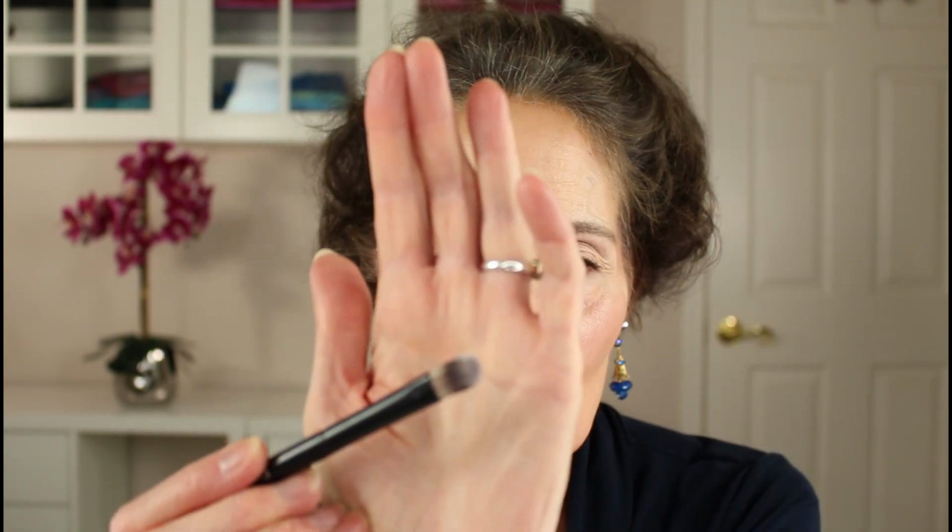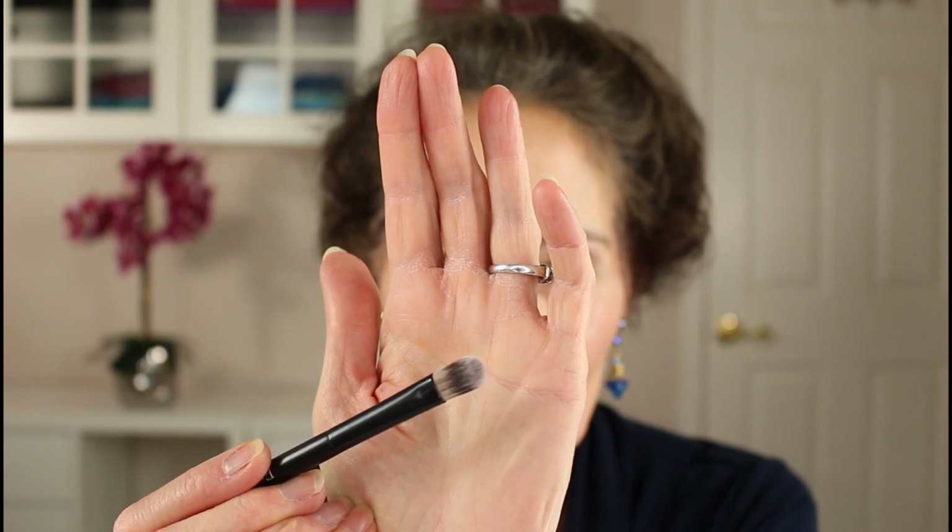Then I'm going to take my flat brush and I'm going to use Poison Berry. Whoa, this is so pigmented. I came in with a little too much on my brush. That's okay, we'll blend it out. Oh, that's such a pretty color. So I'm putting it slightly above my crease area, then I'm carrying it straight out so I lift the eye area. Then I'm going to take my blending brush